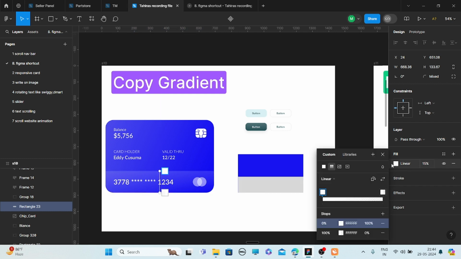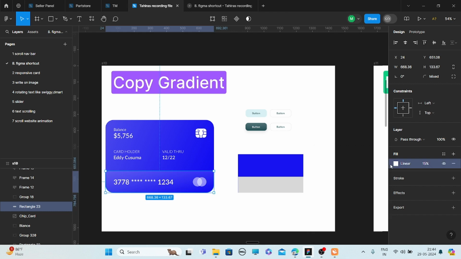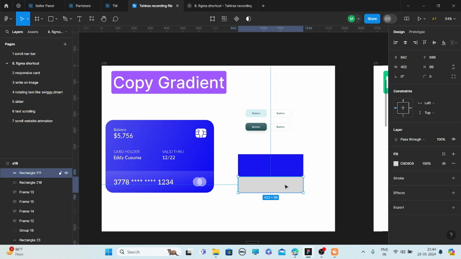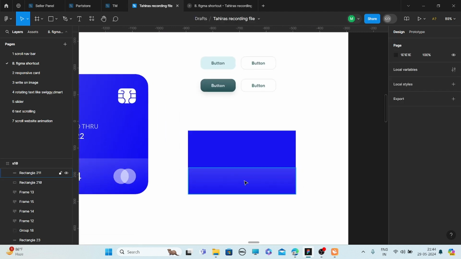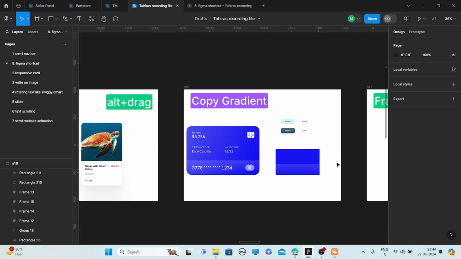Simply go here and press Ctrl C, go to this rectangle, go here and just paste it with Ctrl V, and remove the previous fill color. Now here you can see the gradient is copied. The gradient property is copied.